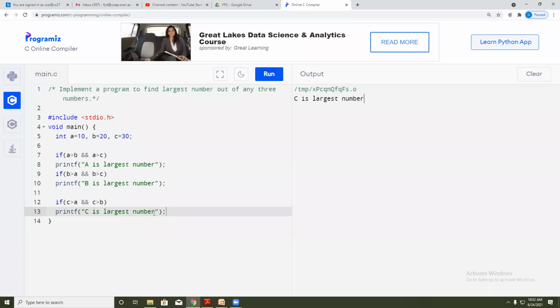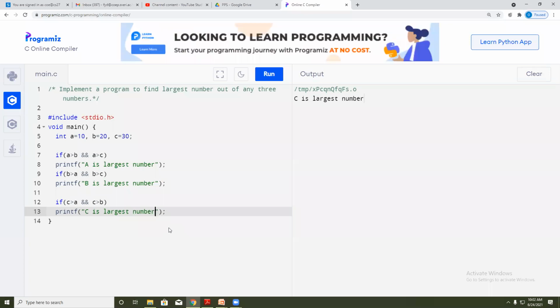And if you want to print the number, again you can write it here: the number is equal to, and as I have used the integer type, I'm going to use %d as a delimiter and the value of C. The number equal to this much, 30.